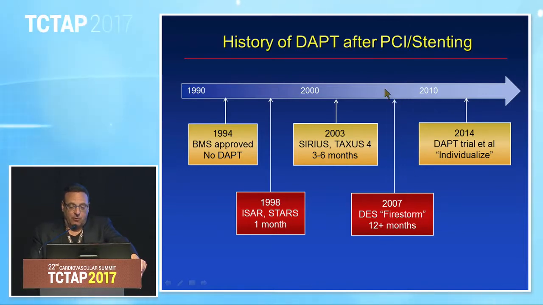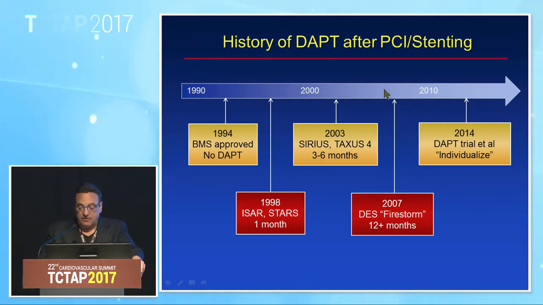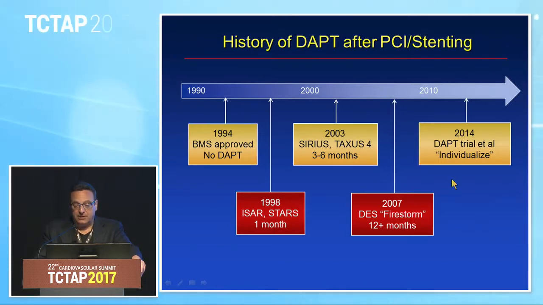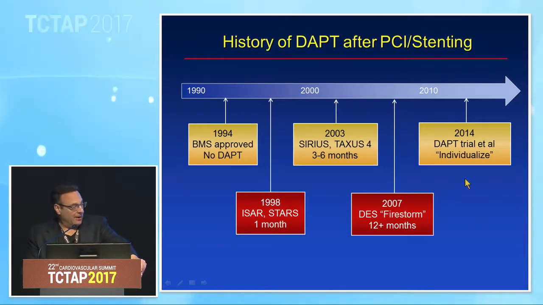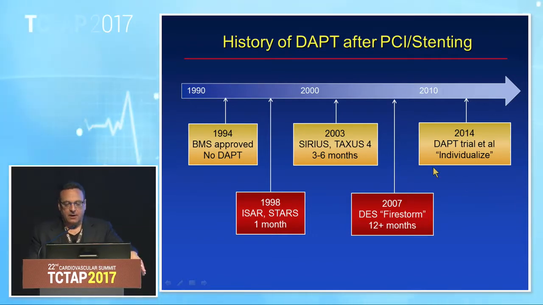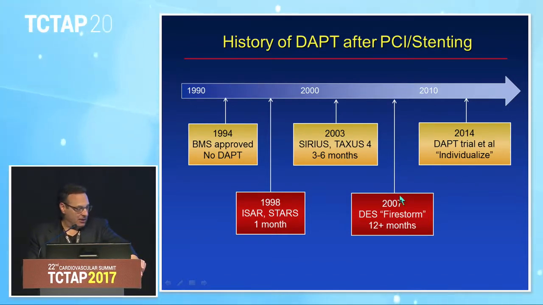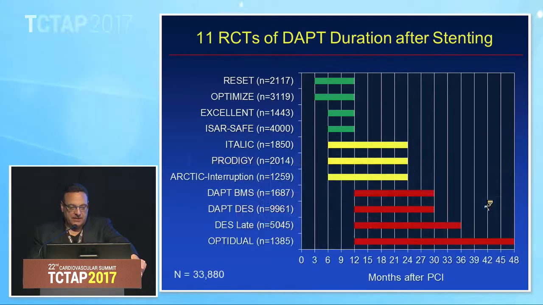And that persisted for another 6 or 7 years until we had a number of trials, including the DAPT trial and others. And now the recommendation is to individualize, which is sort of like saying nothing. So let's just look at some of the data here and try to understand what the data tell us. There have been at least 11 randomized trials of DAPT duration after stenting,